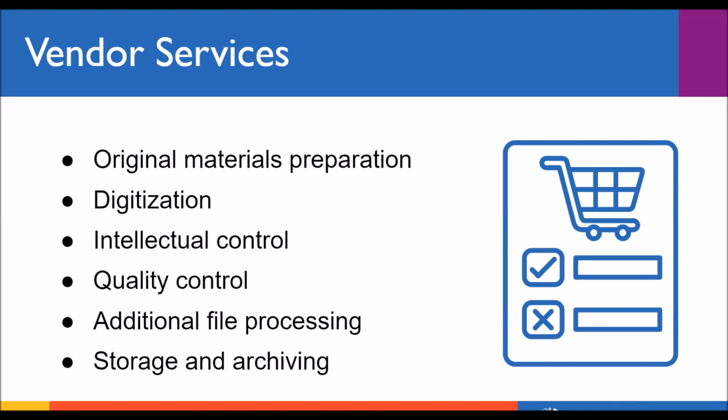So services like conservation work. If you're dealing with paper, this is going to be things like deacidification or repairing tears in paper. If you are digitizing newspaper, they may have to be disbound if they are in bound volumes. If you have photographs, a lot of times, or photographic negatives, there may be mold or dirt that need to be cleaned before they can be digitized.